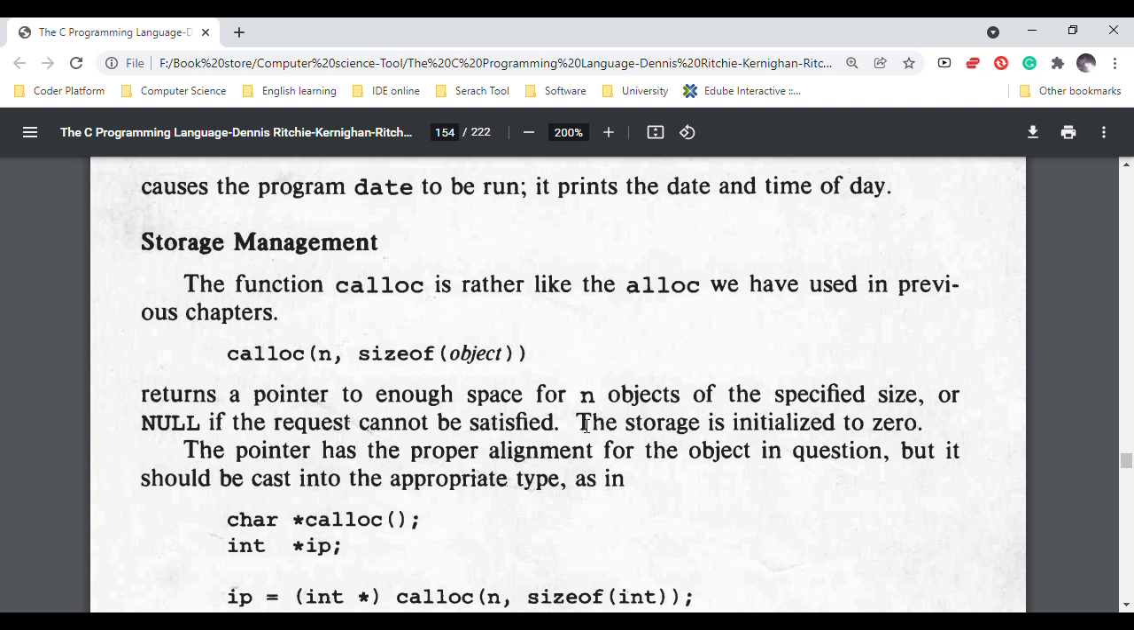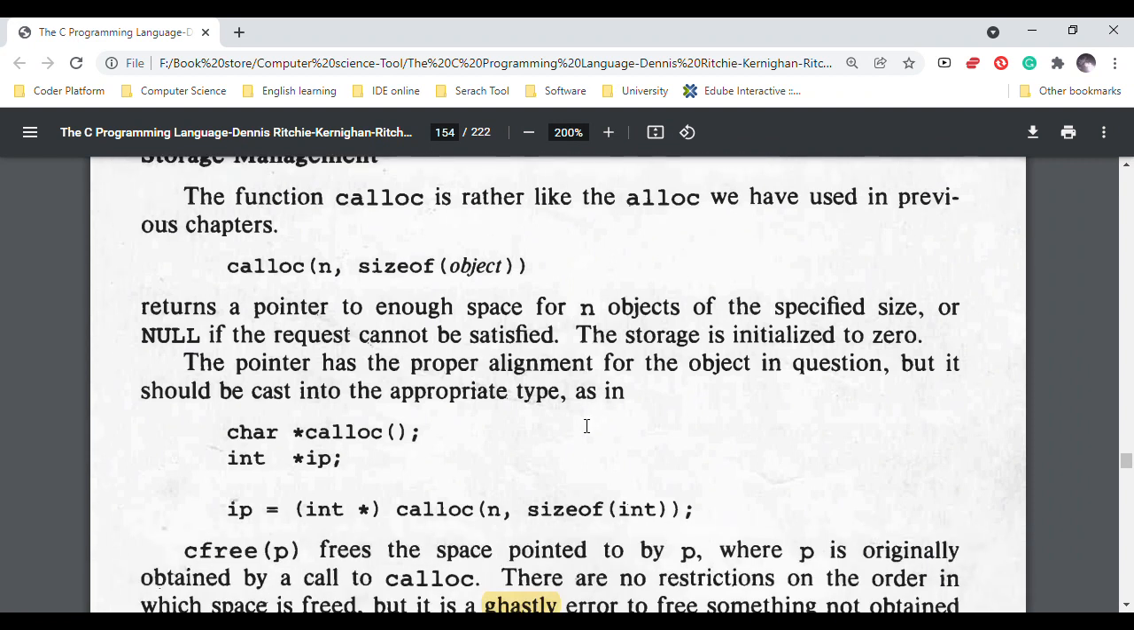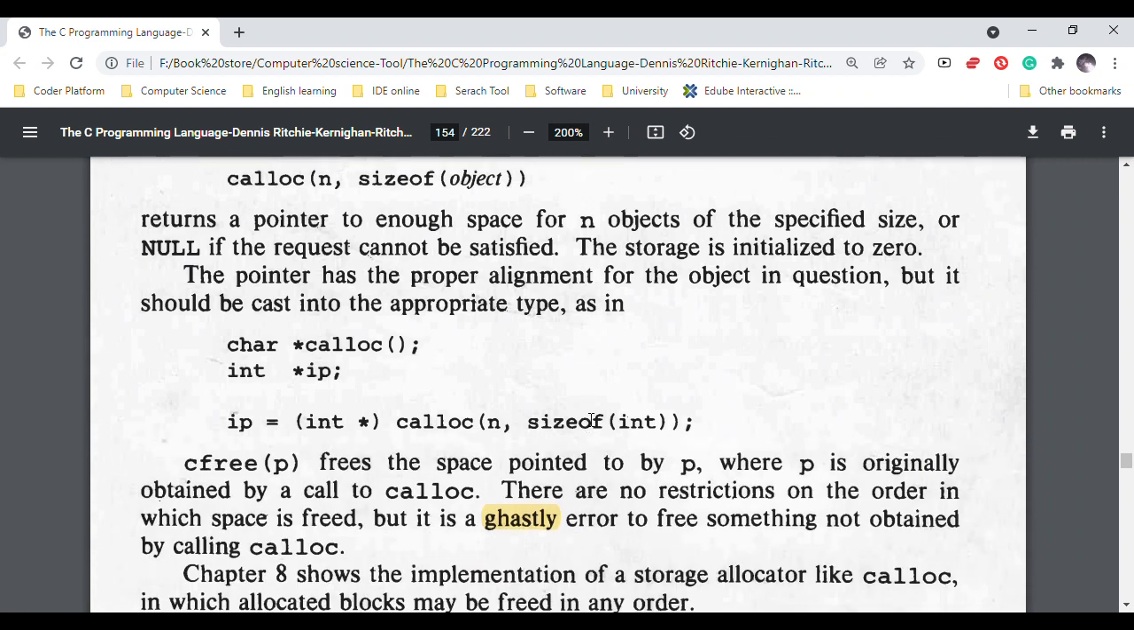Storage management. The function calloc is rather like the alloc we have used in previous chapters. It returns a pointer to enough space for an object of the specified size, or null if the request cannot be satisfied. The storage is initialized to 0. The pointer has a proper alignment for the object in question, but it should be cast into the appropriate type, as in